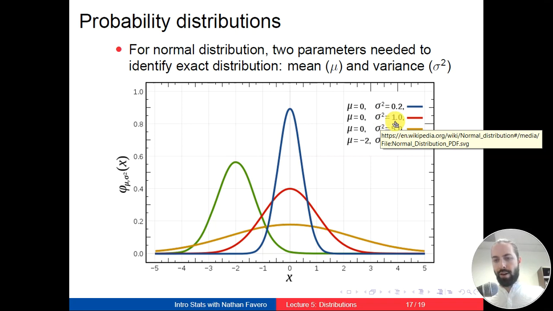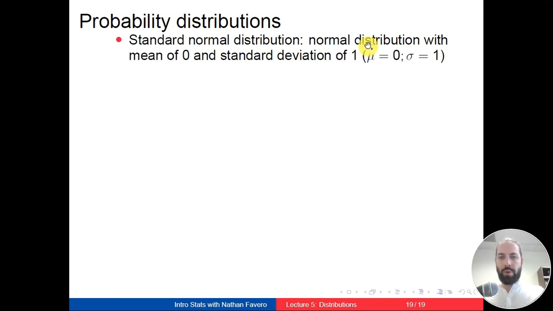But if you square 1, what's 1 squared? Well, 1 squared is 1. So the variance of 1 is also equal to having a standard deviation of 1. In other words, anytime you have a variance of 1, you also have a standard deviation of 1, because if you square 1, you get 1. If you take the square root of 1, you get 1. So those two statements are equivalent in this particular context. Normally, the variance and the standard deviation are not equal to one another. But if the standard deviation is 1, then the variance also happens to be 1.